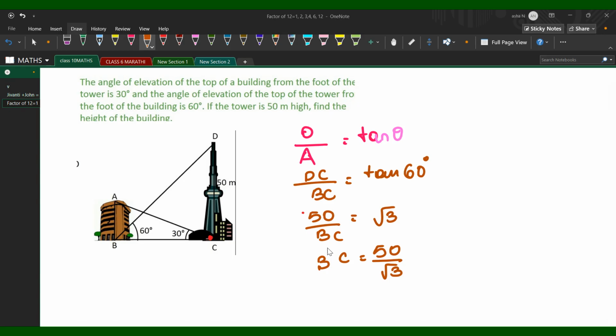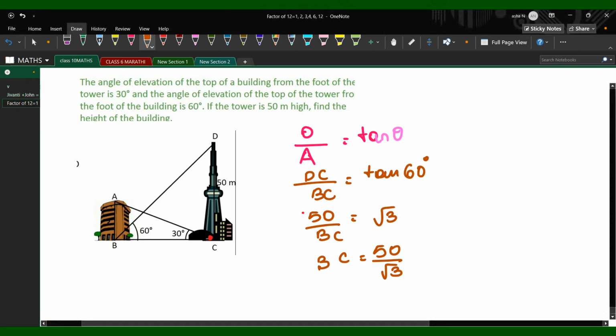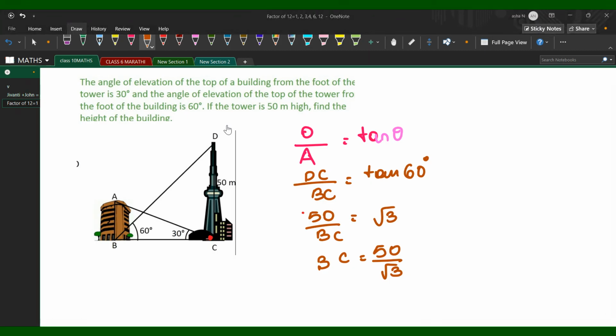Now if we look at triangle ABC, because we have to find out basically AB. Okay, base we know now it is 50 root 3. That is the adjacent, we know it is 50 root 3. Would you like to complete it? Come on, give it a try. Tan 30 we will use here. Opposite is AB. Adjacent is BC. BC we know. AB we will find out.